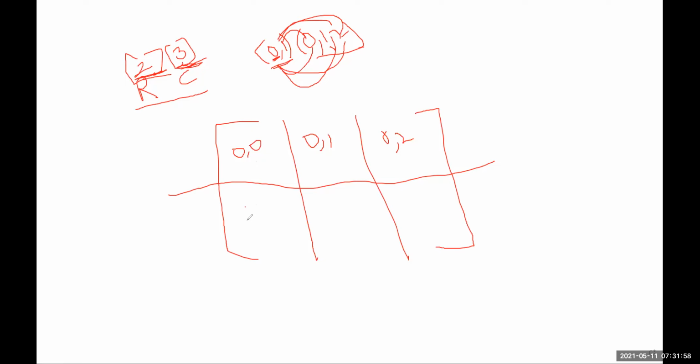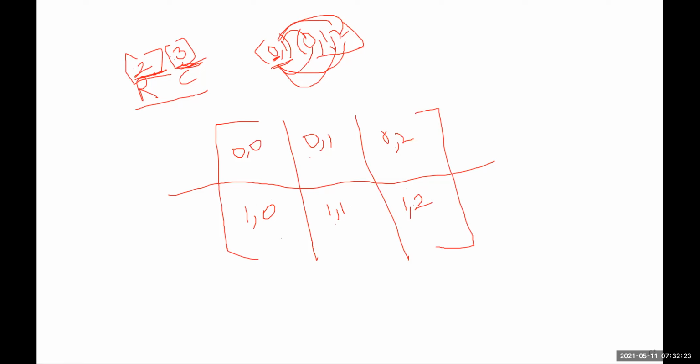So here the positions will be 1, comma 0, 1, comma 1, 1, comma 2. Understood? How do we determine the positions? So we got 6 positions. 2 by 3 matrix. 2 rows, 3 columns.